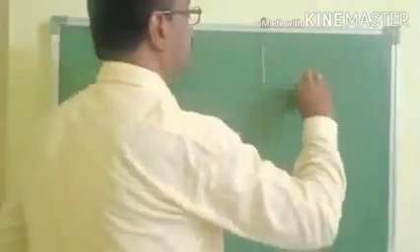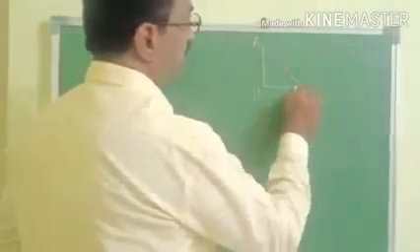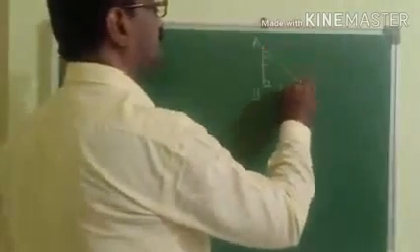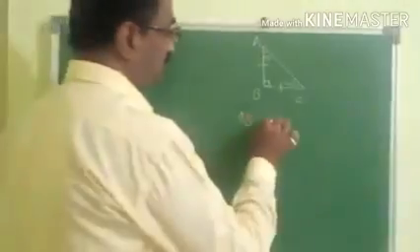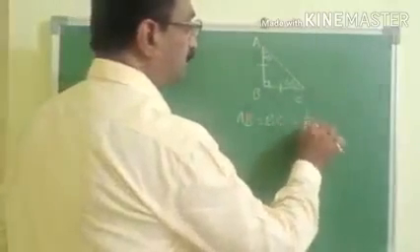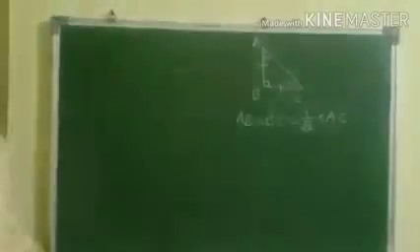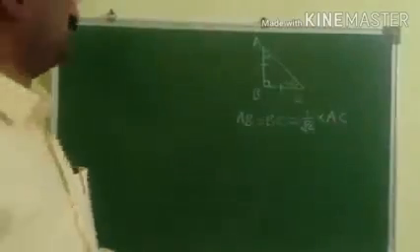Also we have seen the 45, 45, 90 degree triangle theorem. That means in triangle ABC, if these two sides are congruent, then these angles are 45 degrees. Then the side opposite to 45 degrees, that means AB equal to BC, is 1 upon root 2 times the hypotenuse AC. So these are the things we have seen in 9th standard as well as in 10th standard. Now see the practice set 2.1 related to this theorem.